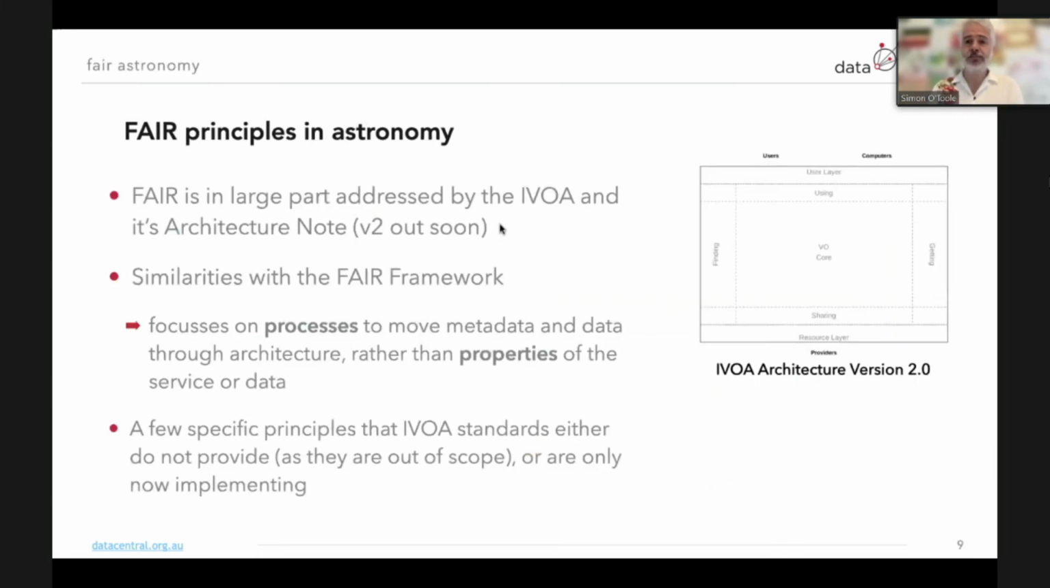So in astronomy, we've been leading the way in this space for quite a long time. FAIR is in large part addressed by the IVOA, and I'll talk in more detail about that. And particularly if you look at its architecture note. So there is an architecture note that's publicly available, but version 2 is out soon, and that's what you see here in this diagram. And so basically, if you look at the diagram, you see sections that are starting to sound familiar already, because you have a core part of the virtual observatory here in the middle, but around the outside you have